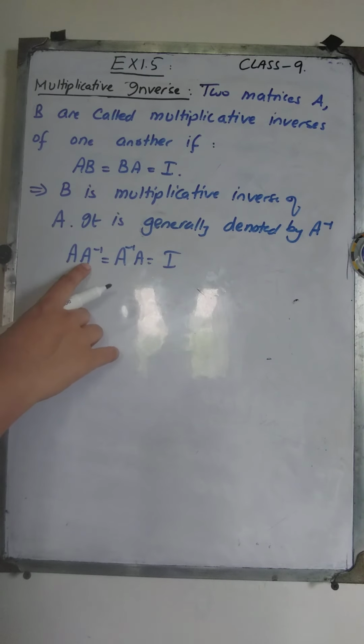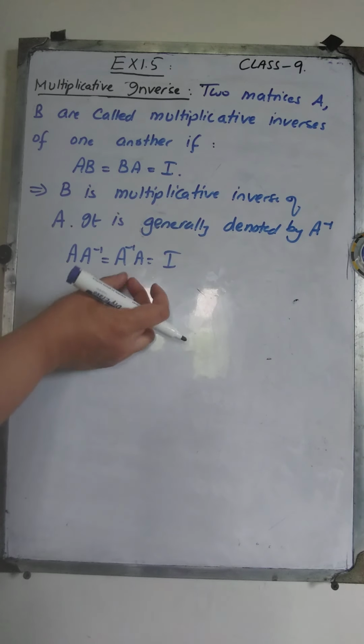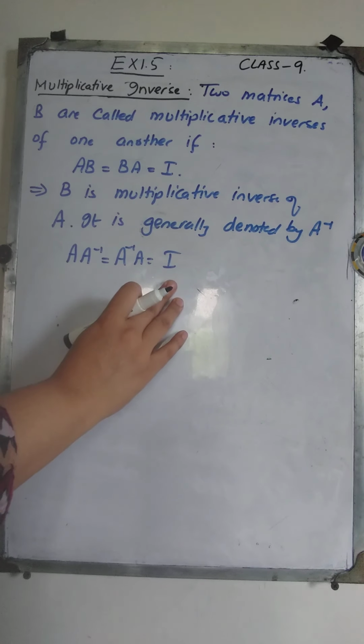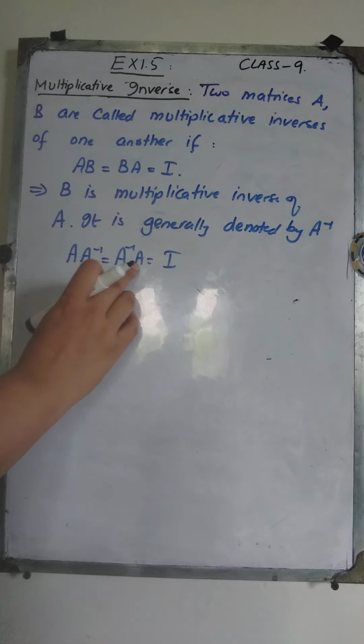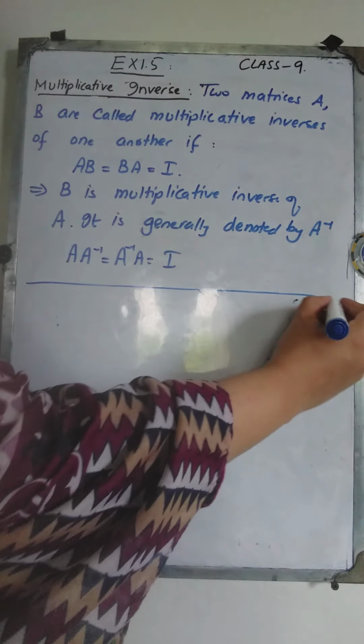If you have a matrix which was multiplied with A, and its multiplication with A using commutator, both are equal to the identity matrix, then we say that these are multiplicative inverses of one another. A is the multiplicative inverse of A inverse and A inverse is the multiplicative inverse of A. Okay, similarly, if you have a matrix